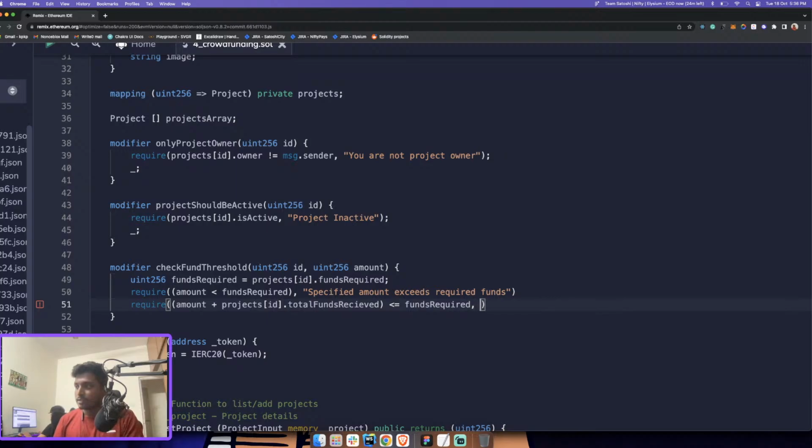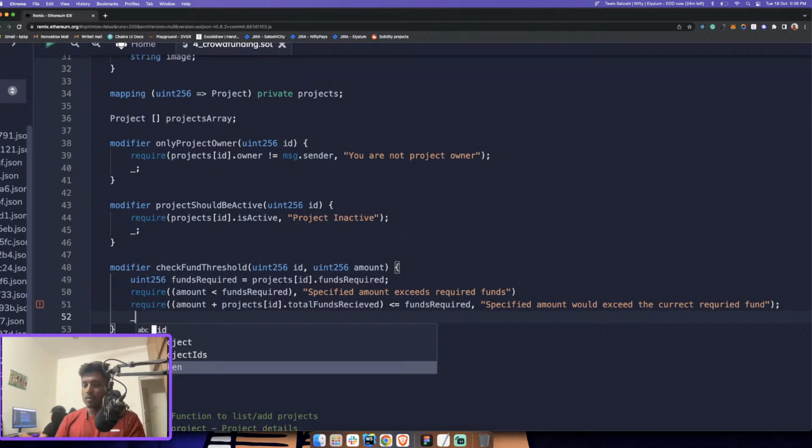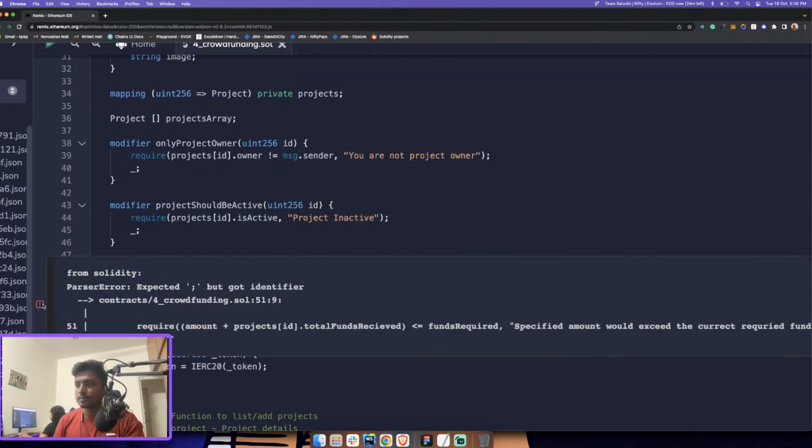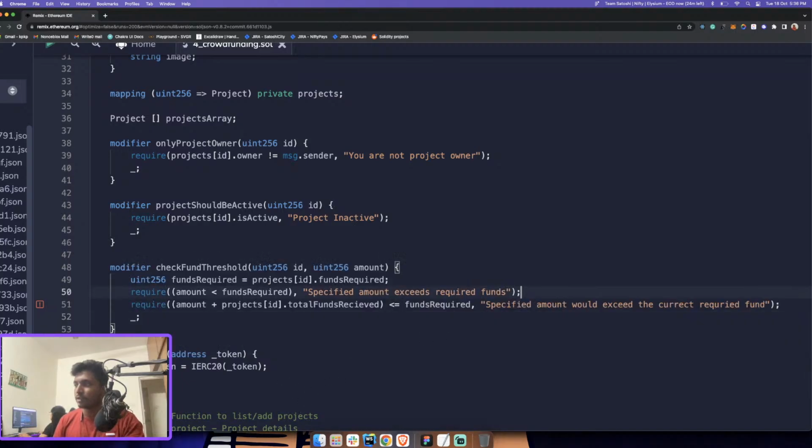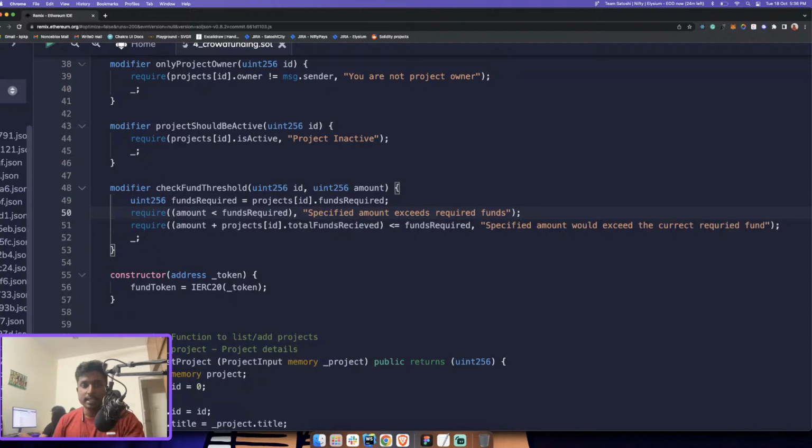Okay, so then we say the specified amount would exceed the current required fund. Now this way we can avoid all the invalid fund transactions. There is an issue. What is that? Got expected, but oh yeah, it didn't add a semicolon here. Okay, now let's start adding these